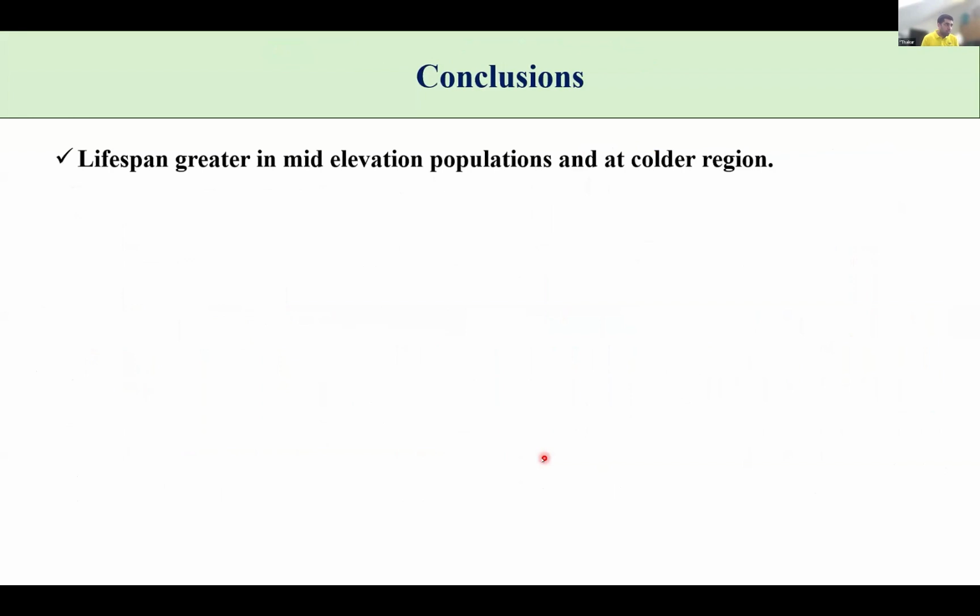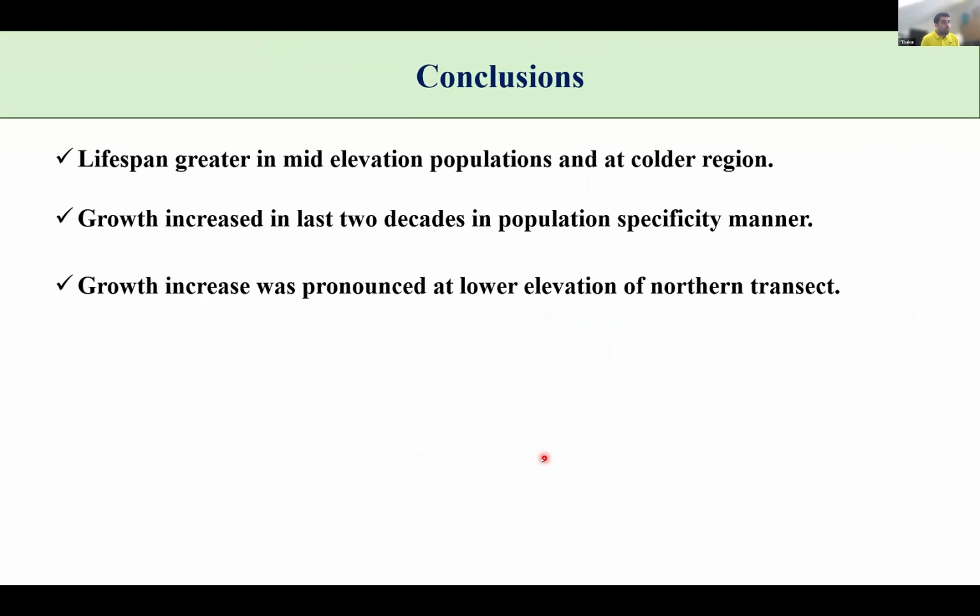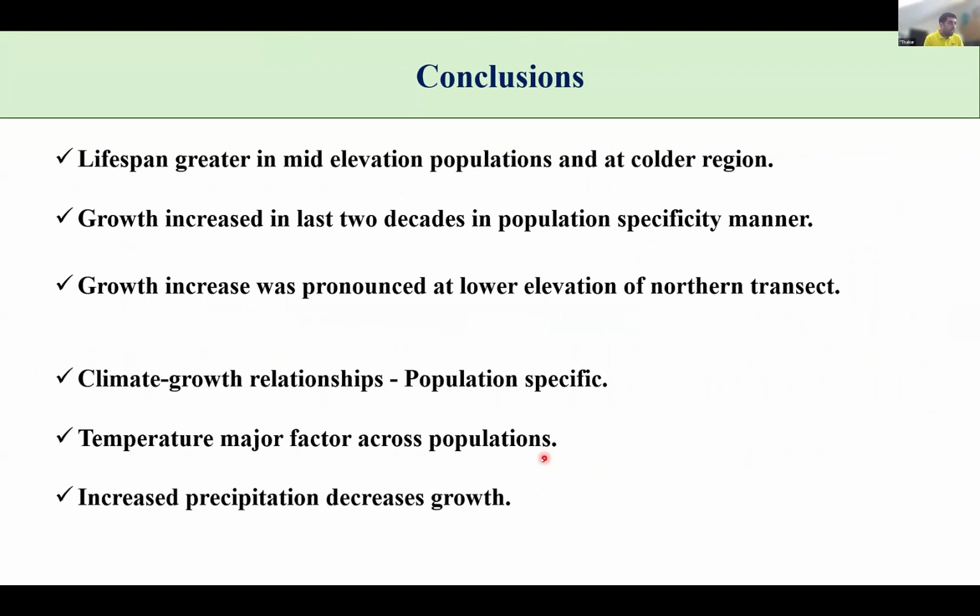And now coming to the conclusions, we can say that the lifespan of this Rhododendron anthopogon is greater in mid-elevation populations, and it is also higher in the colder region. Secondly, growth increased in the last two decades, but in a population-specific manner. Growth increase was pronounced at the lower elevation of the northern transect. And in terms of climate-growth relationships, the